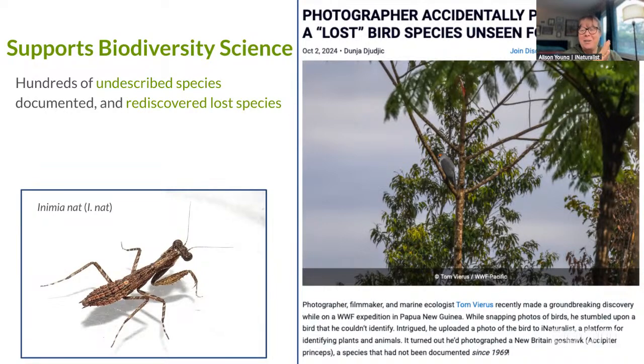There's also been hundreds of lost species rediscovered on iNaturalist. So these are species that were thought to be either extinct, like in particular places, or potentially extinct altogether, that were refound by iNaturalist members, like this hawk in Papua New Guinea that hadn't been documented since 1969, when this